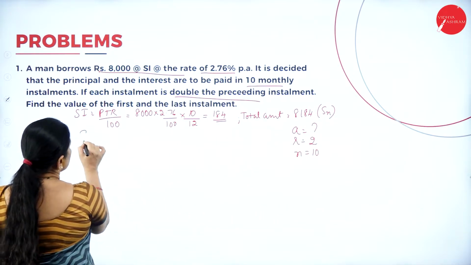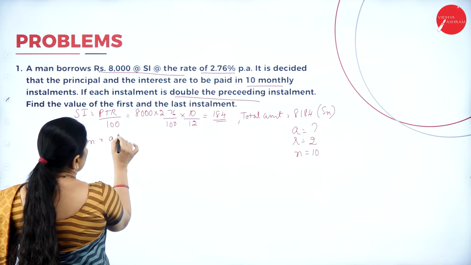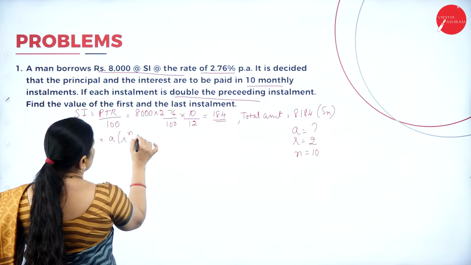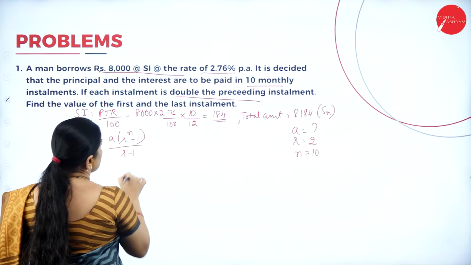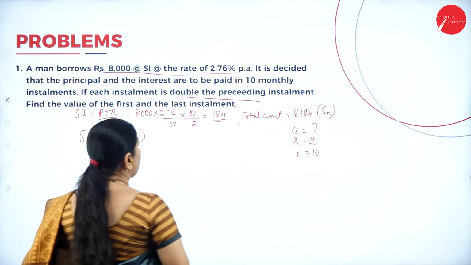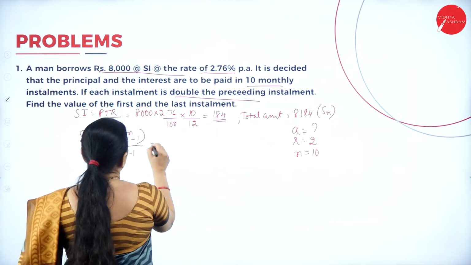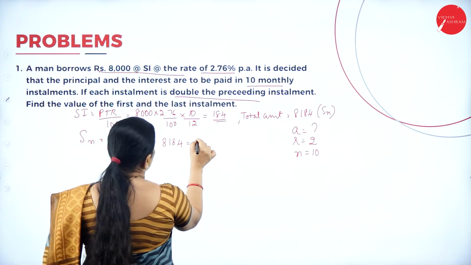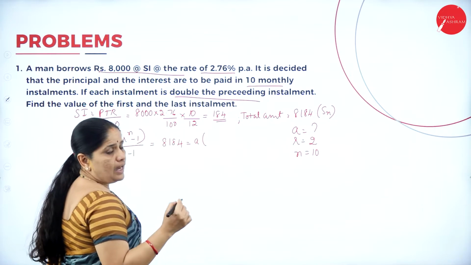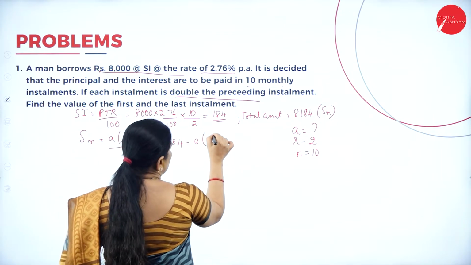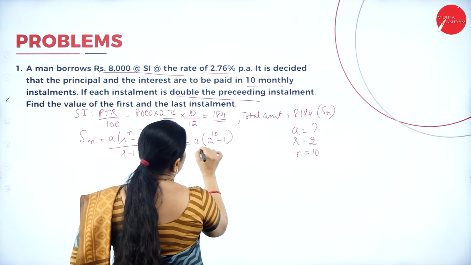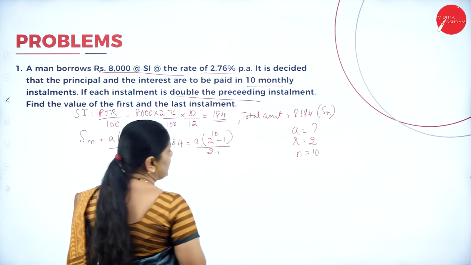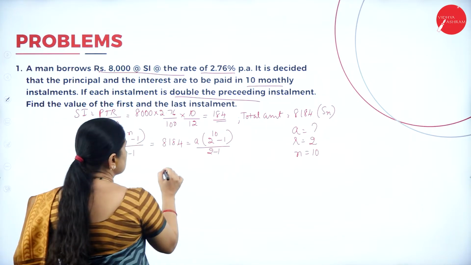So, we make use of the formula Sn equals A into r to the power of n minus 1 divided by r minus 1. So, I will write here 8184 equals A into R is equal to 2. So, 2 to the power of 10 minus 1 divided by 2 minus 1. So, this will be